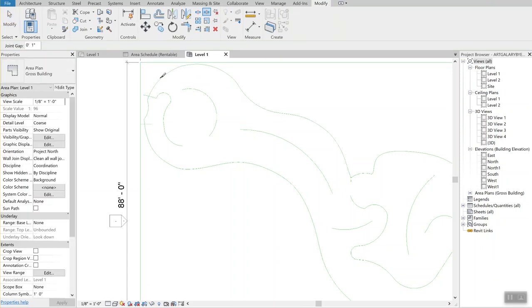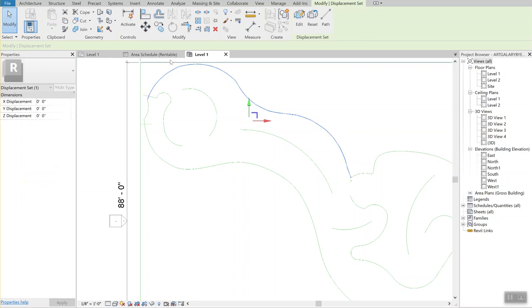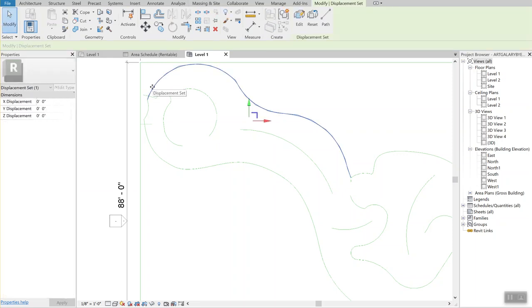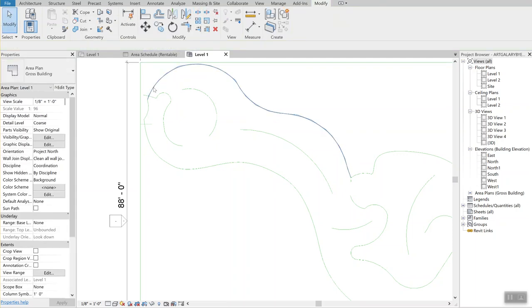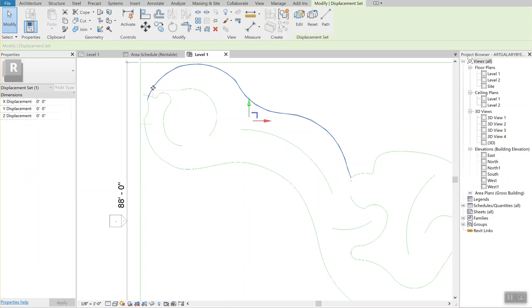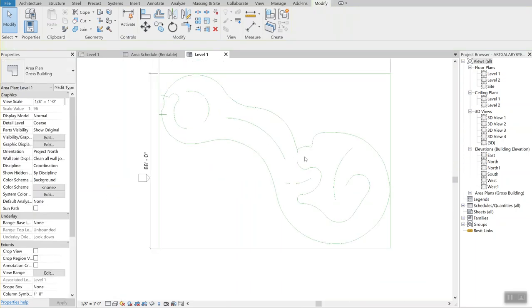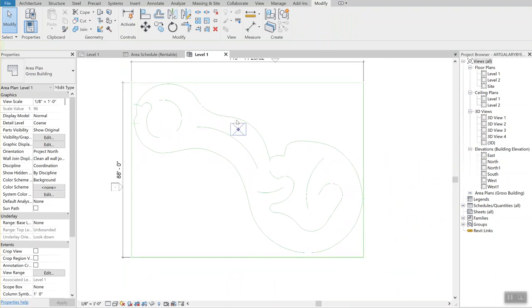For example, where would you like to have the exit door? Okay. All right. So once you draw everything in straight line,